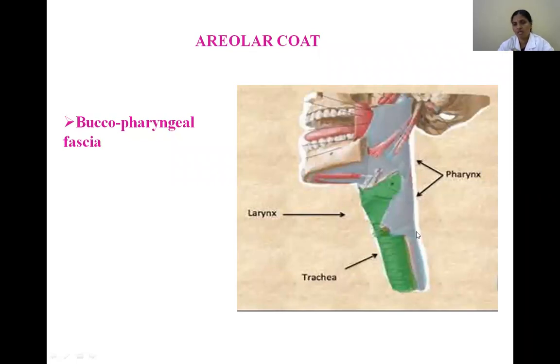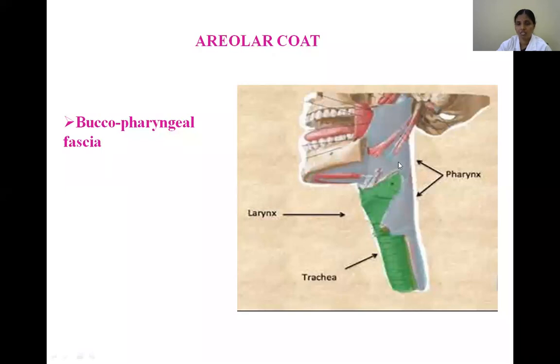Or if you trace this buccopharyngeal fascia, means areolar coat, upwards towards the upper part, what happened? This areolar coat extends onto the buccinator muscle, where it is converted into buccopharyngeal fascia. So the fascia covering the buccinator continues with the fascia covering the pharynx. Actually, if it is a well-defined fascia, what happened? Just think about that. If there is a well-defined fascia covering this entire pharynx, there is a restriction of the expansion of this pharynx.